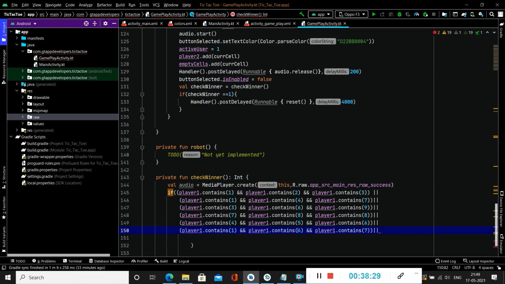Then we will change it to 159. After that we will change it to 357. And the last pattern will be 258.